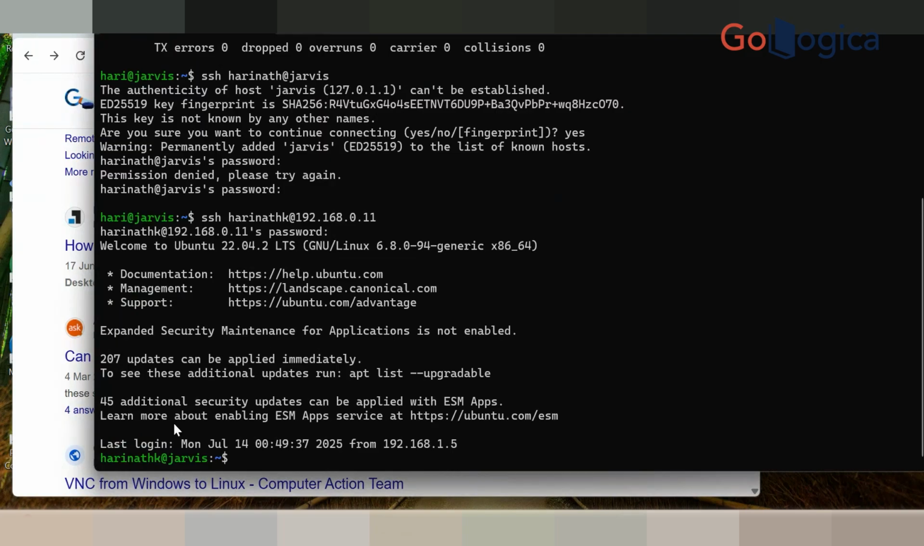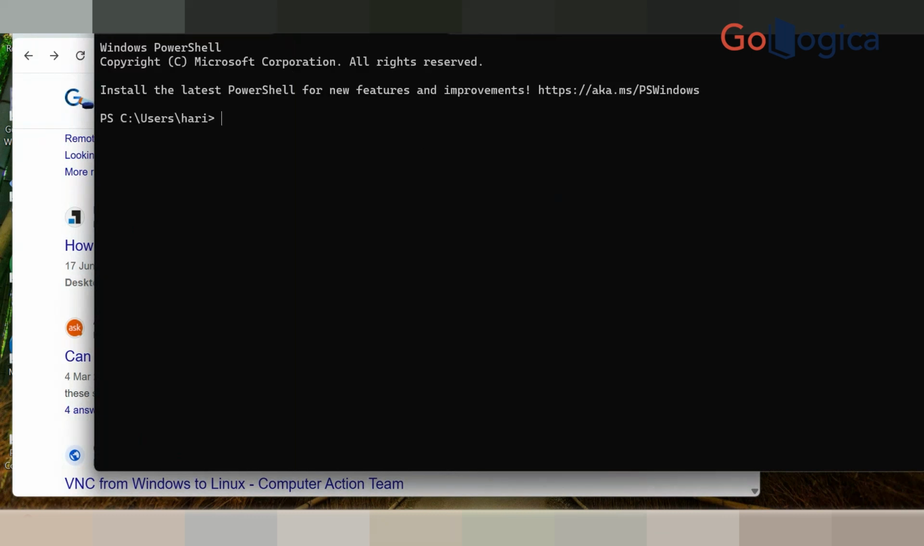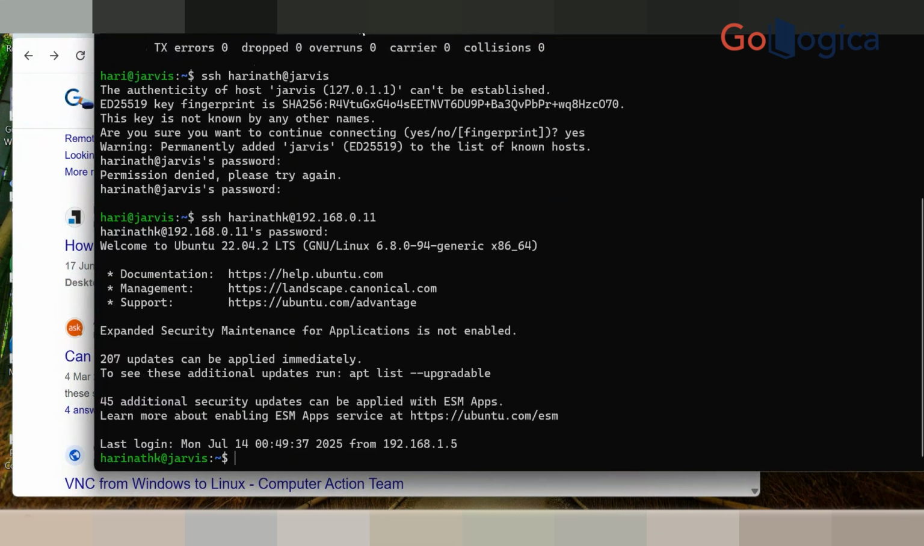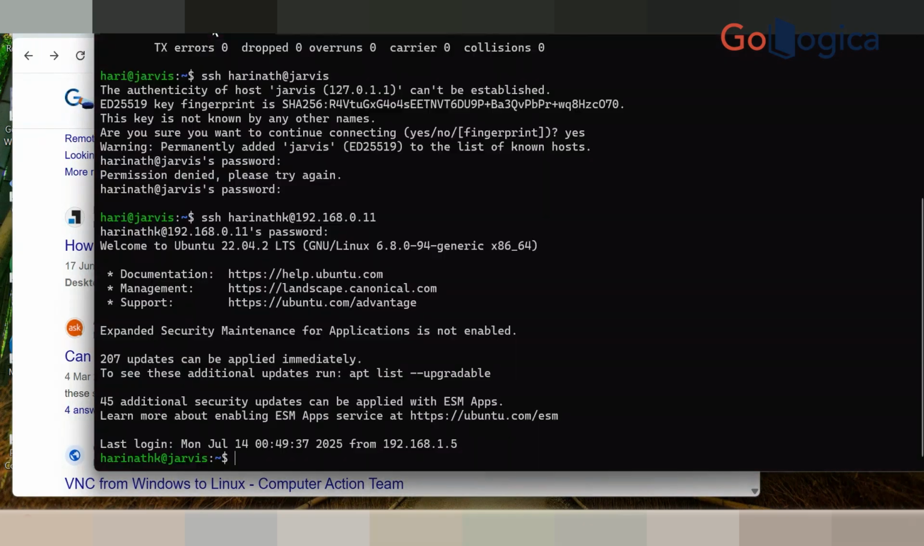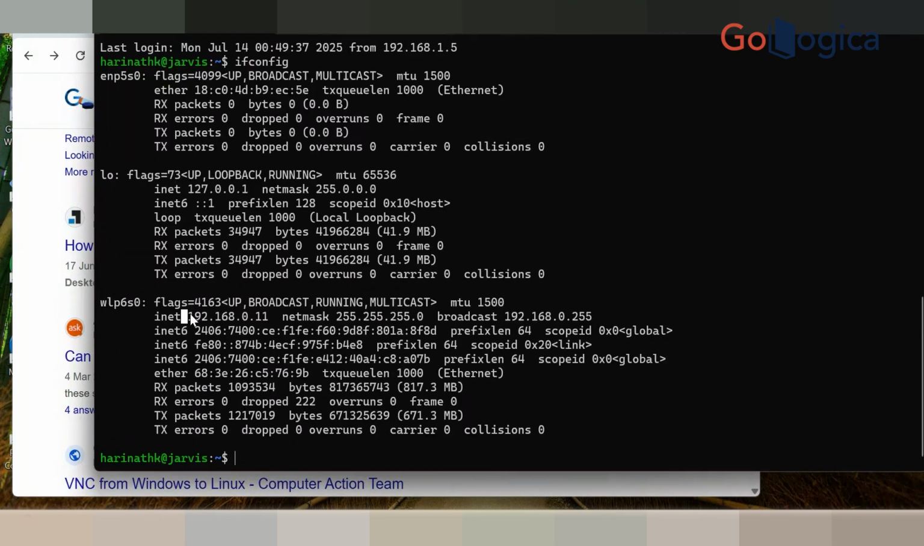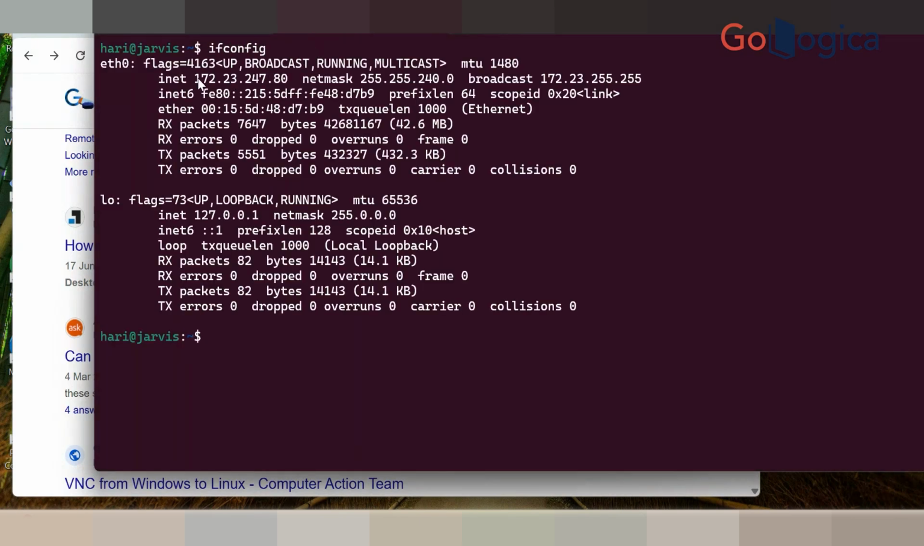Now I have two machines here. Harinath at Jarvis is machine one, and I'm also opening up a Linux terminal over here separately. Let me duplicate it. So we have two machines here. So this machine, if I type ifconfig and you see the IP address here, 192.168.0.1. If I type the same command here, we are having